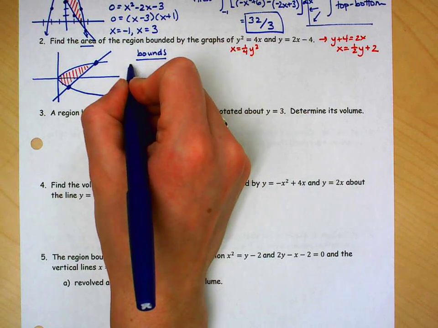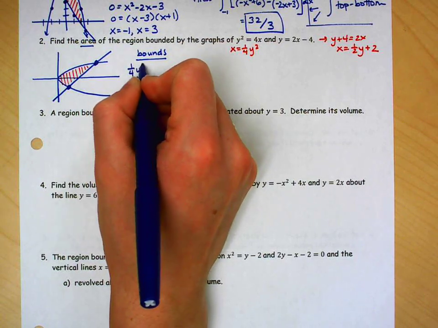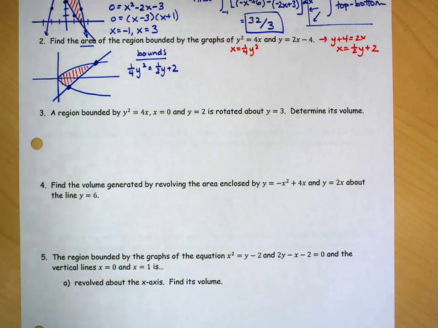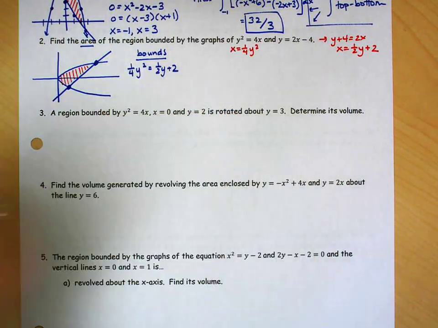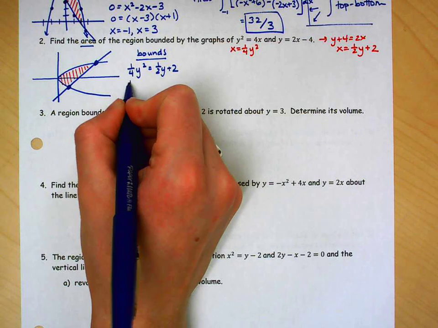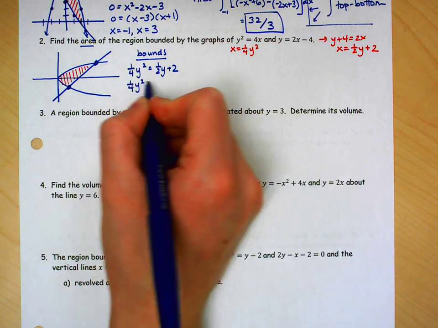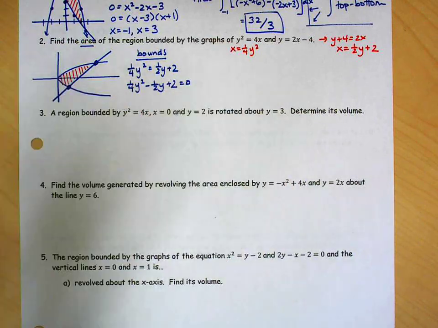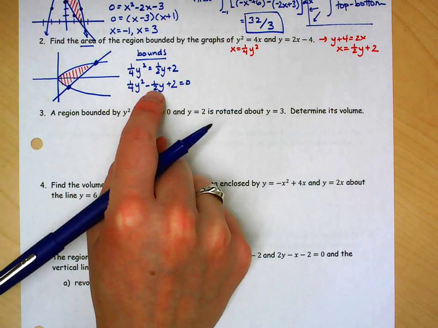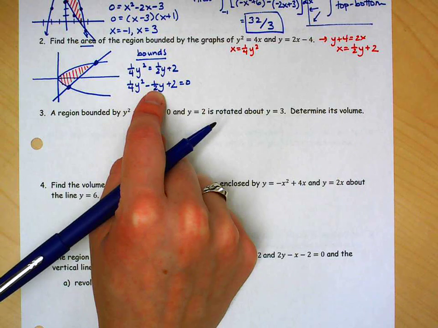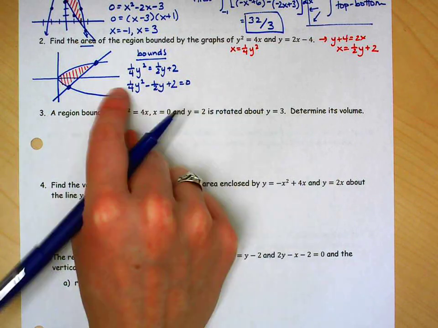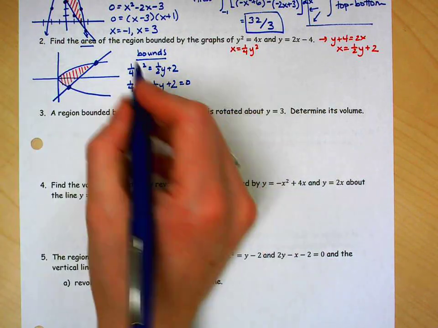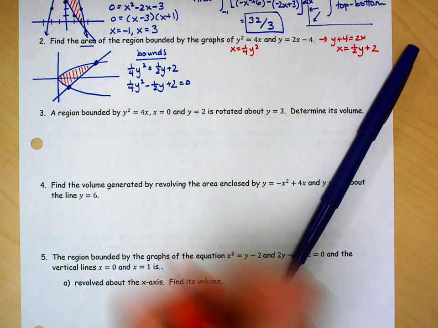So if I want to find my bounds, I need to figure out where these things are equal. I'm going to start by getting all of that on one side. And if I'm honest, I don't really want to factor this in the form that it's in. These fractions are kind of gross. So I'm going to multiply both sides by 4 to make this a little bit easier to factor. So if I multiply both sides by 4,